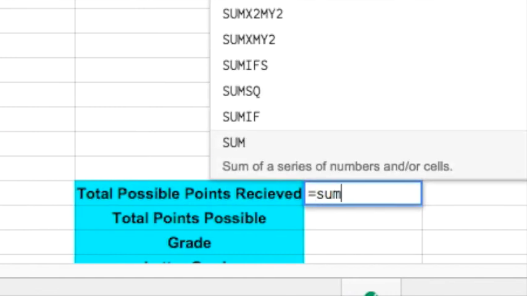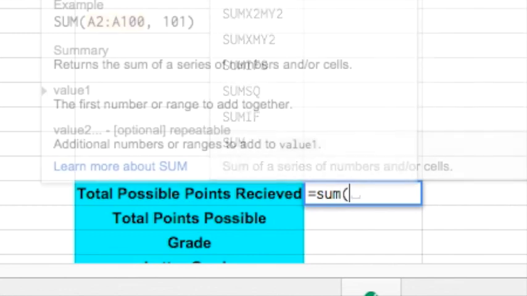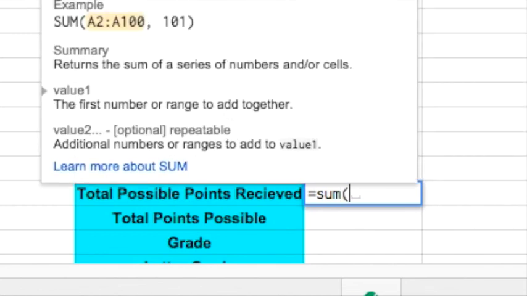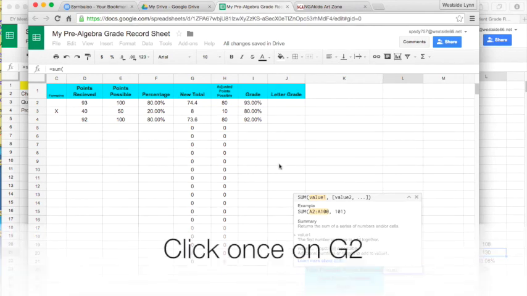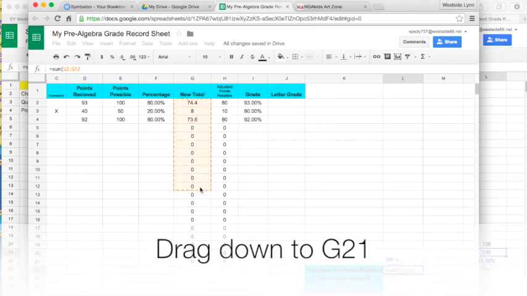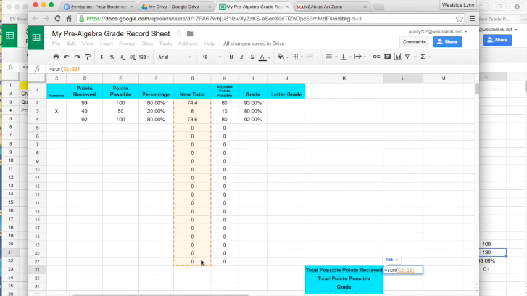Equals sum, parentheses, which is shift 9, and I want you to highlight all the points received. I'm going to click once on cell G2 and drag down to G21 so that all of those numbers are highlighted in orange. When I let go and hit return, it automatically puts in 156 points, which is the sum of all